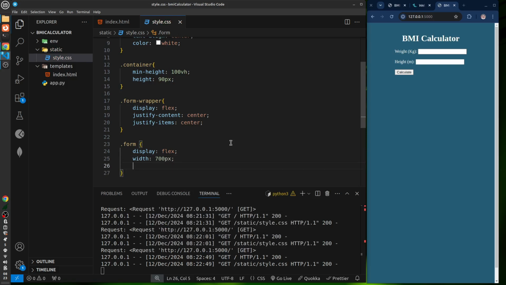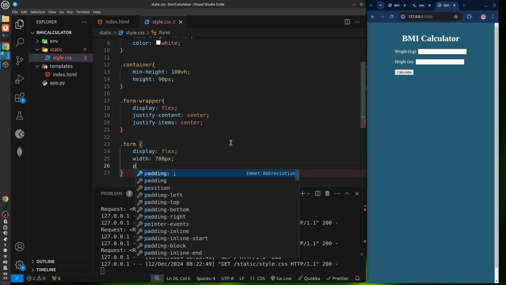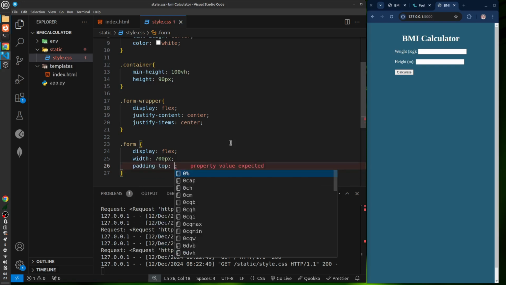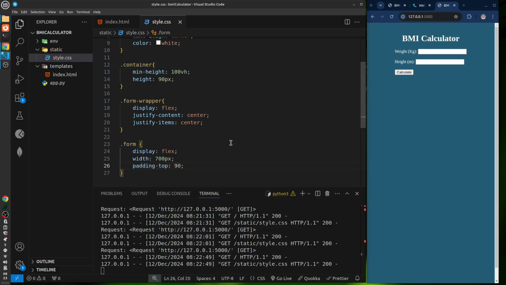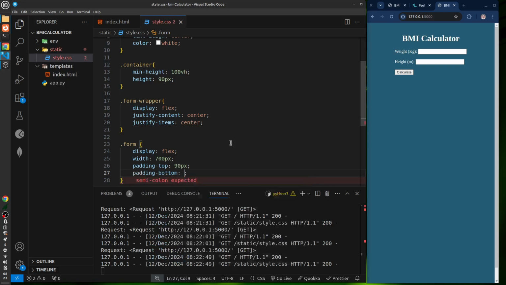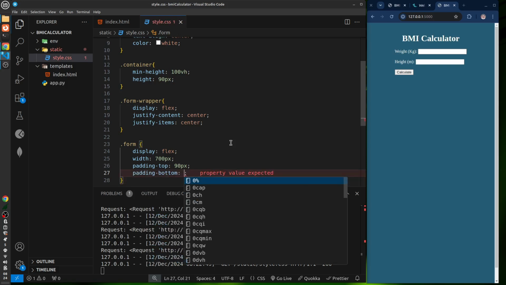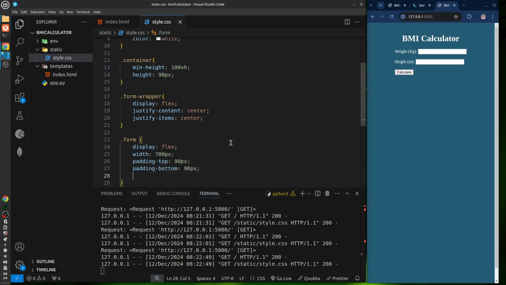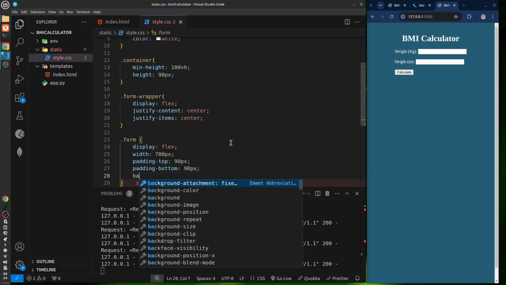And I need to have a padding top of 90 pixels. Also, I want to have padding bottom of 90 pixels as well. Then I want to have a background color